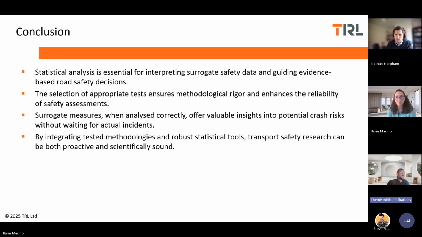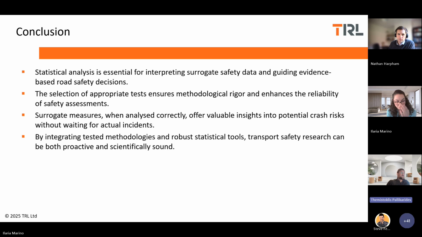And I can appreciate that it might be a bit much to remember all of these statistical tests, especially in a 1-hour webinar. But it's important to highlight that the statistical analysis is essential in interpreting surrogate safety data and any data for that sense, and guiding evidence-based road safety decisions. The selection of appropriate tests ensures methodological rigor and ensures the reliability of safety